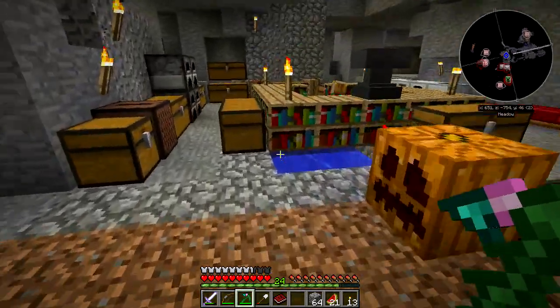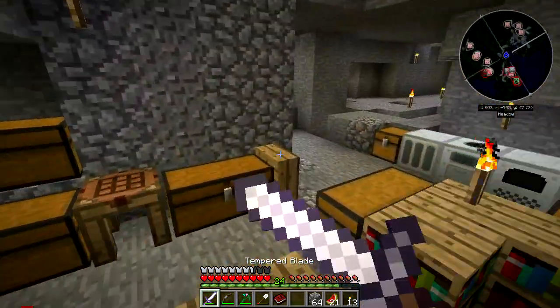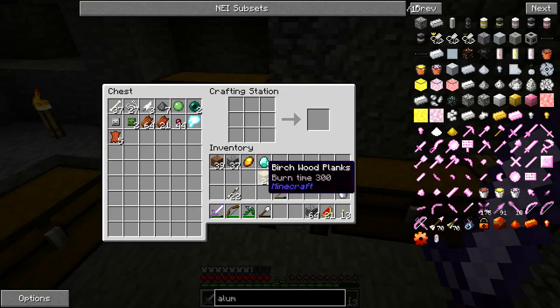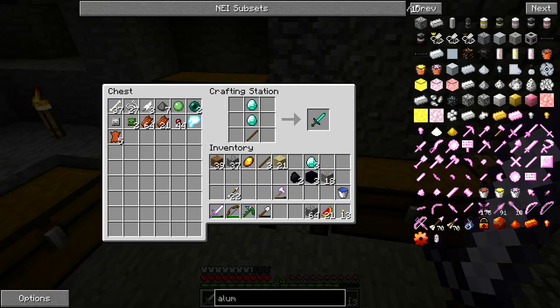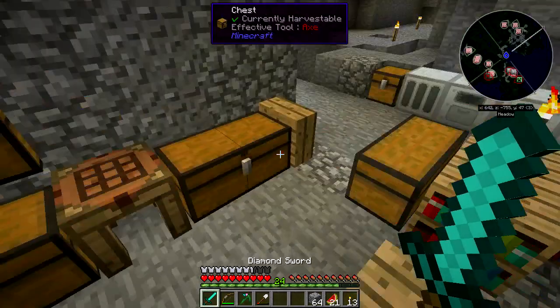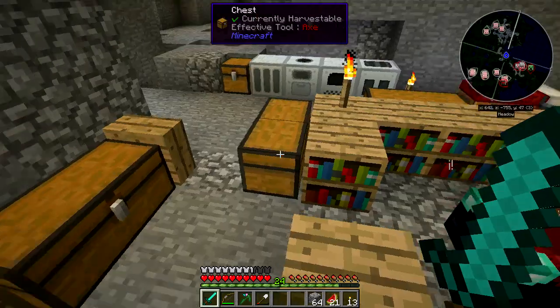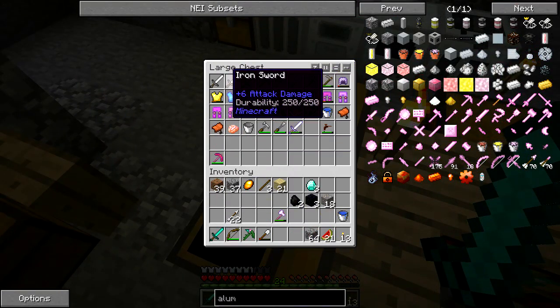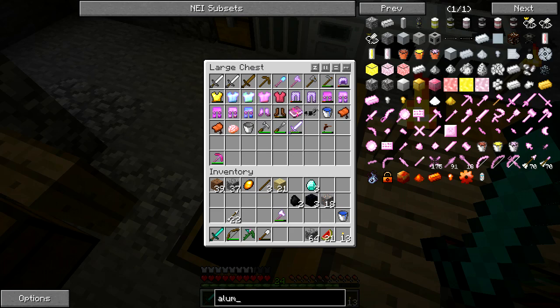So what we're going to focus on is making ourselves a diamond sword. I'm not going to bother enchanting it right now, I'd rather build up my levels. And there we go, get a diamond sword. What does that have on it? Yeah, 6 damage. Now these tools here I can actually melt down in the smeltery, but something else I wanted to look at